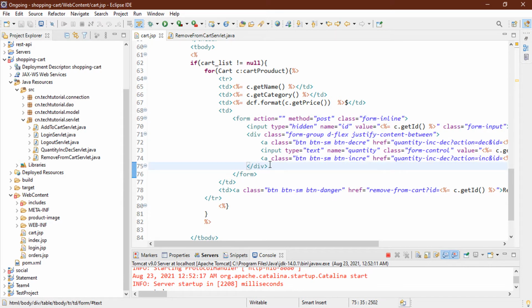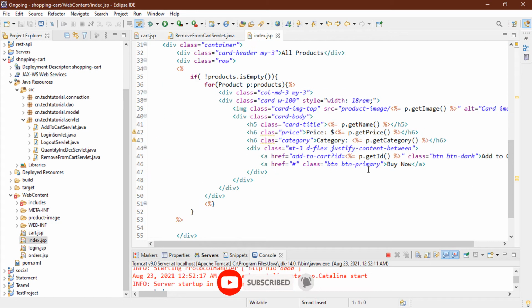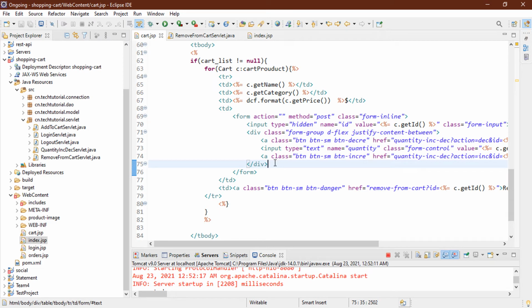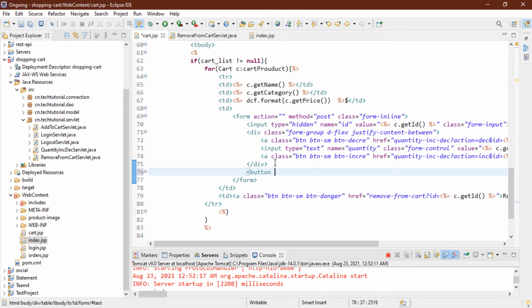So here you can implement a form or you can implement a link. Whichever way you think is better, I will show you both, because here I am implementing the form function, and inside the index page I will implement the get function to pass the data through the URL. So let's go and check it out. Now I am going to create a button here, type submit, give it some bootstrap classes, btn btn-primary and btn-sm, and the text is Buy.